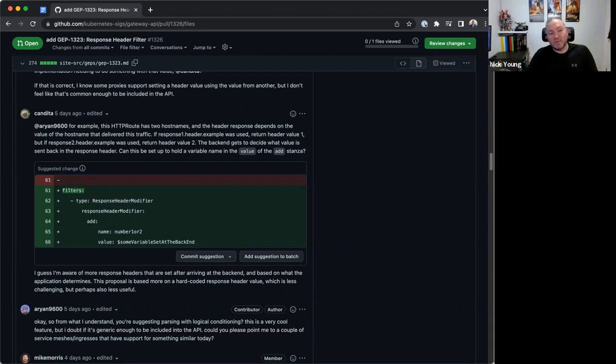Well, I think that's one of the things, we have to be pretty specific about what is being implemented. If we're going to have something like that, then it's going to need to be very specific about what you are allowed to take information from and how the thing works. We can't leave that too open, unfortunately. So that's why I was like, if we're going to do that, I think that would be the way to spec it, to say, hey, if you want your back end to be able to tell your intermediate layer to add headers, then you need to do that with a header, right? That's really the only mechanism that you have where the back end can talk to the proxy,